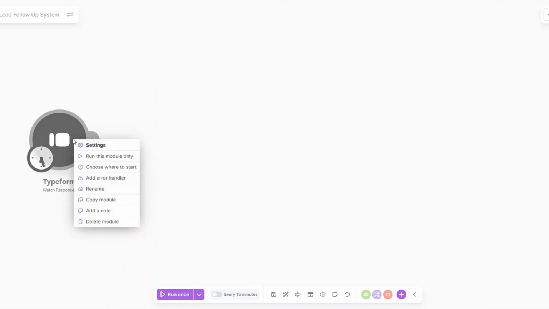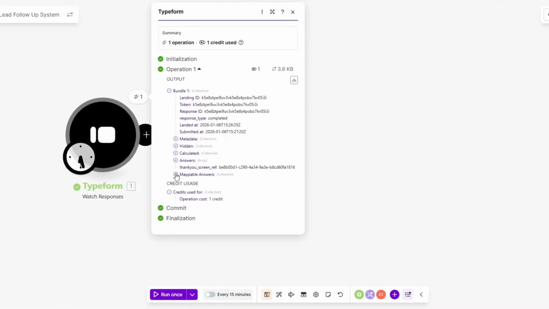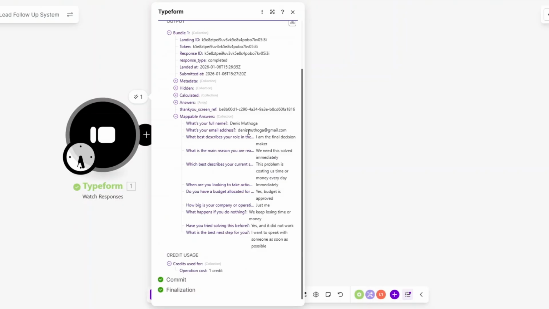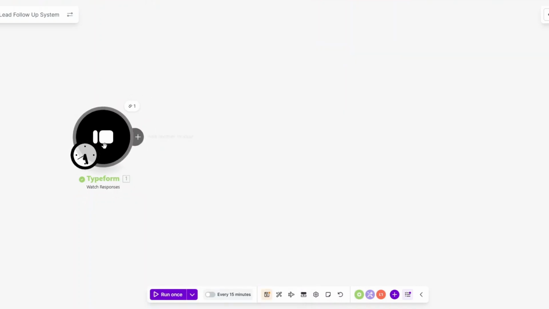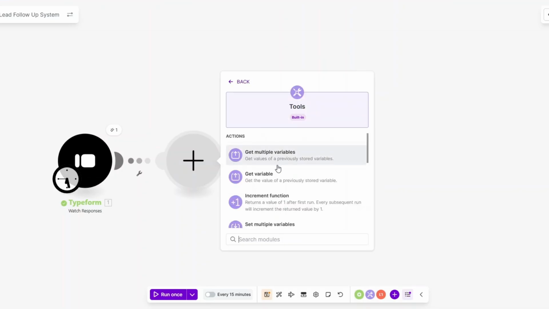Now, in our workflow, I'll run this module to capture the data that we just filled in our form. As you can see over here, we capture the data that we just filled in: full name, email address, all this other relevant information, which is awesome. So the next thing that we're going to do is set the variables for